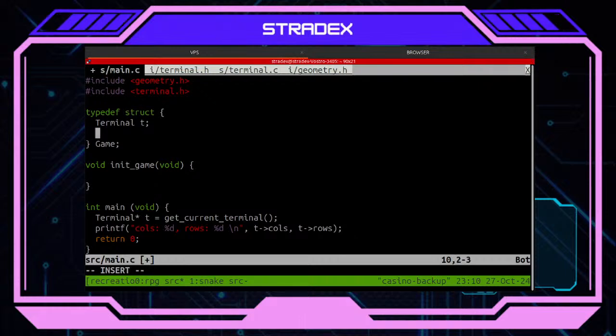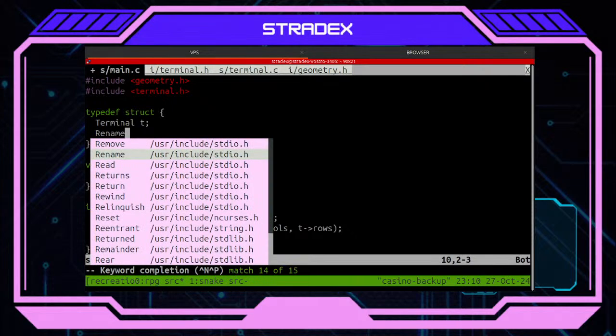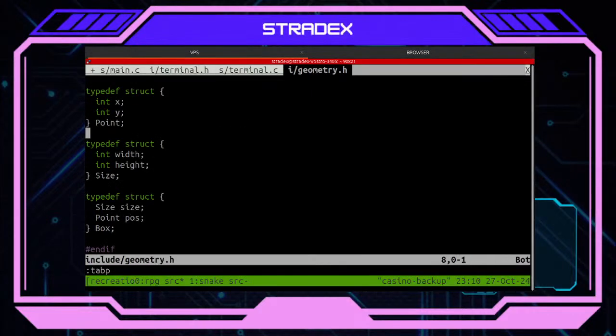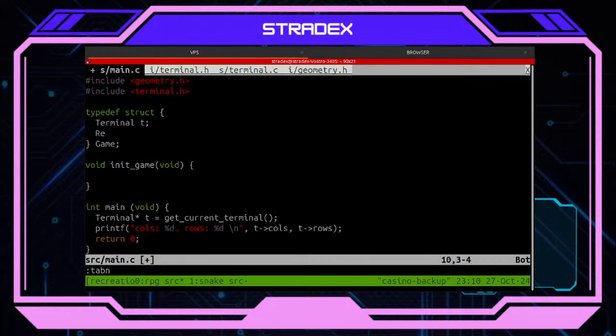I can also have my... what do I have in my geometry? Box. I like the idea of box or rect. Okay, I actually like modeling it as rect. Yes, like that. Let's have a rect called screen.